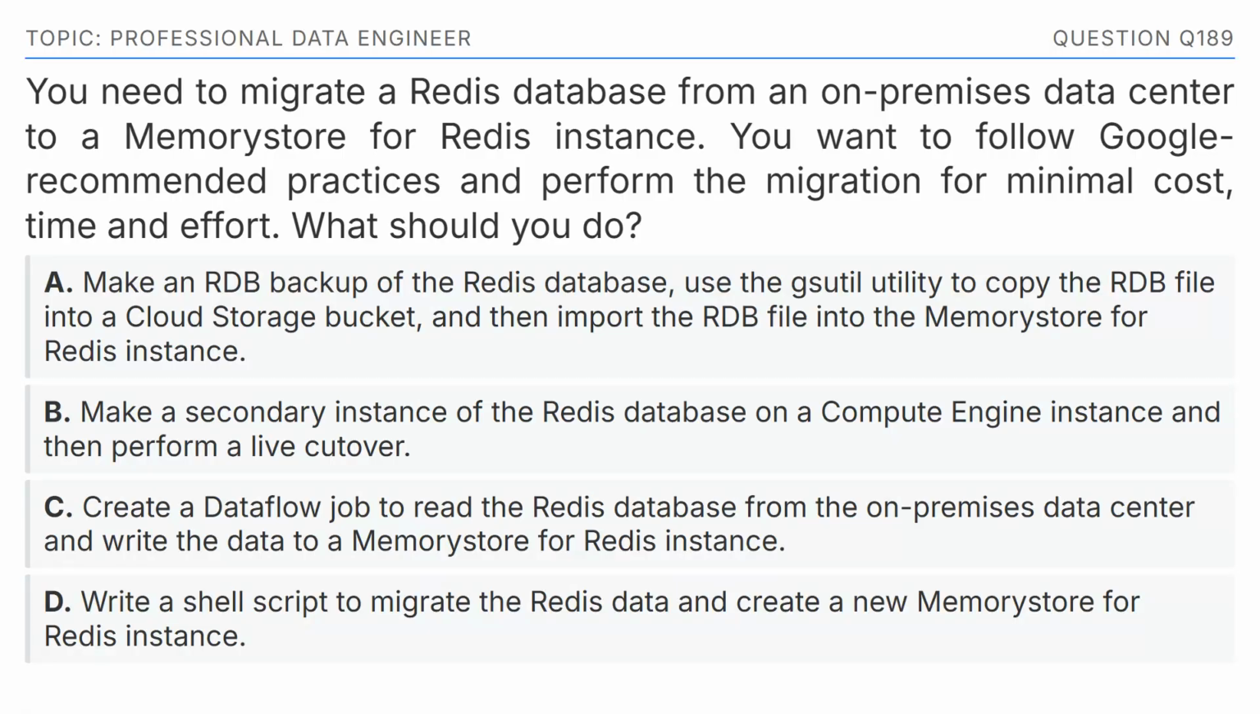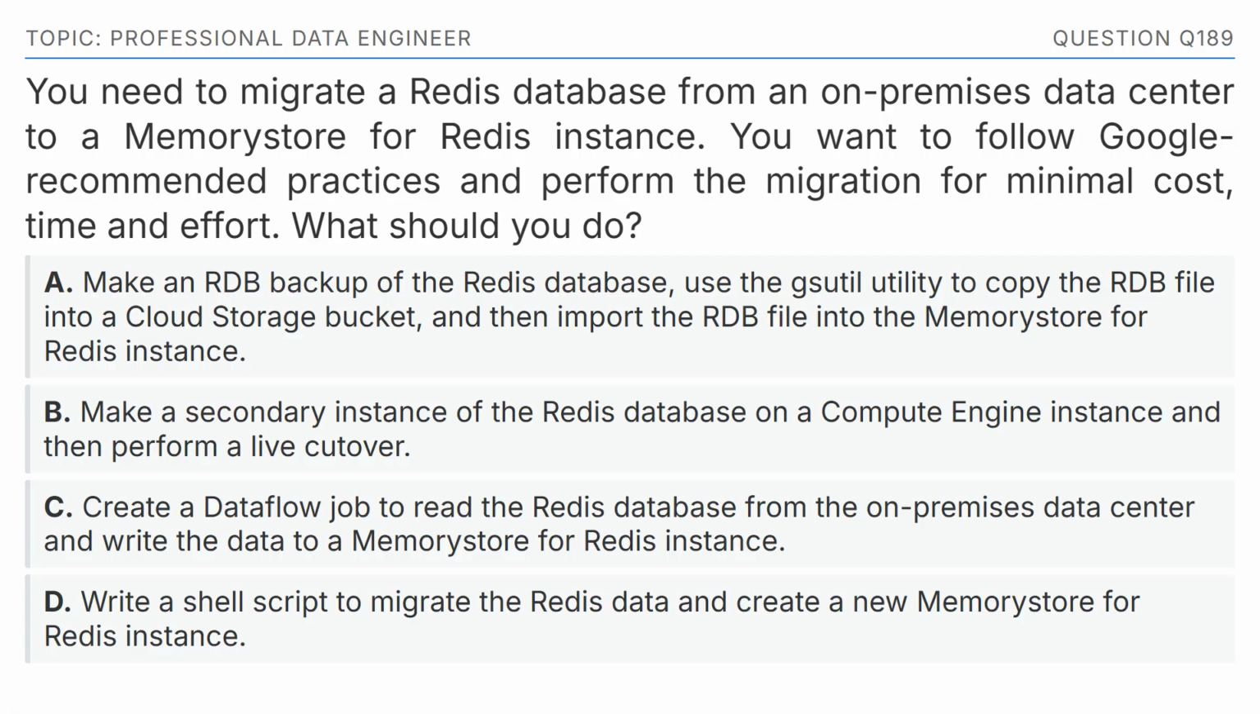You need to migrate a Redis database from an on-premises data center to a Memorystore for Redis instance. You want to follow Google recommended practices and perform the migration for minimal cost, time, and effort. What should you do? The options are: Option A, make an RDB backup of the Redis database, use the gsutil